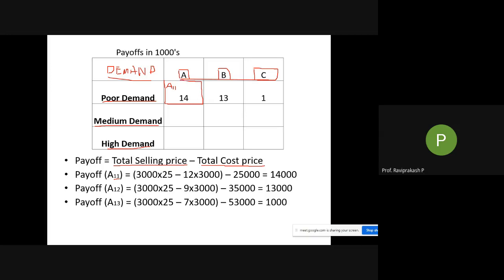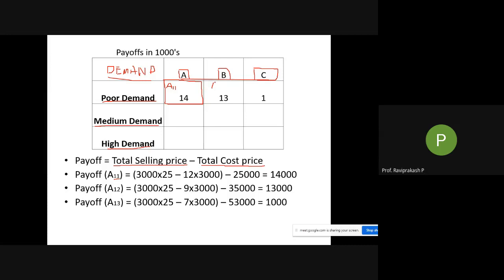In general, we call this a cell. So this particular cell has a name of A11, the designation for this particular cell. If I say A11, you should look at this particular cell. Next to B here, 13 is written. So what would be the cell number?